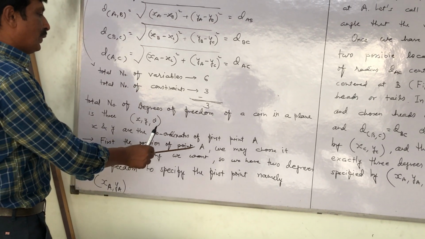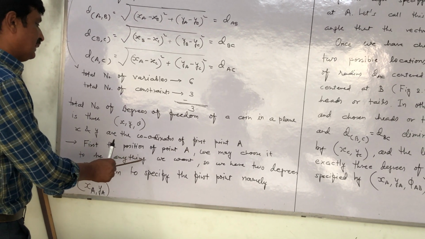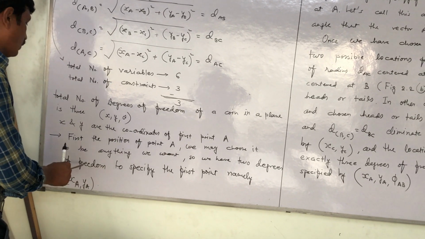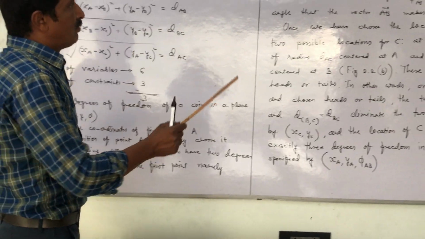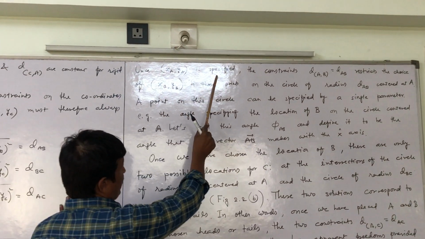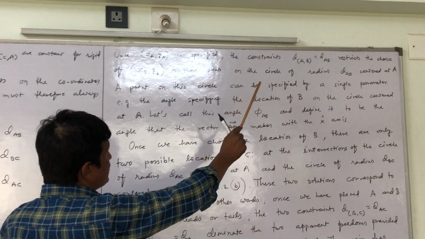First, the position of point A, we may choose it to be anything we want, so we have 2 degrees of freedom to specify the first point, namely xa, ya. Once xa, ya is specified, the constraint DAB, that is DAB